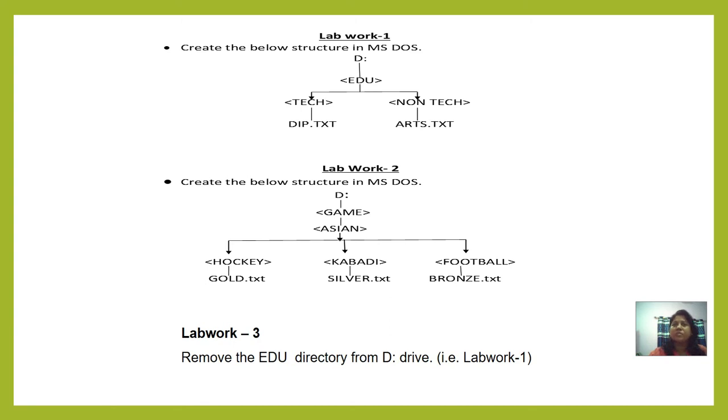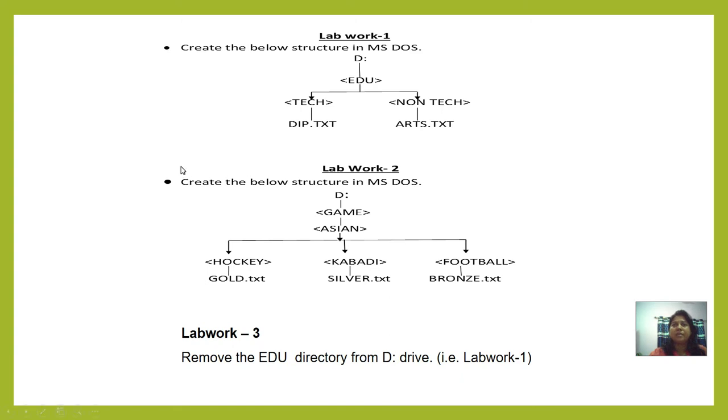After creating all these things, as we know, we have to create the directories using the md and cd commands. md is making directory and cd is change directory, and you also have to use the back concept. What is that back concept? cd double dot to go back to the parent directory, cd double dot slash double dot to go back 2 steps, and the last one is cd backslash, that is back to the root directory.